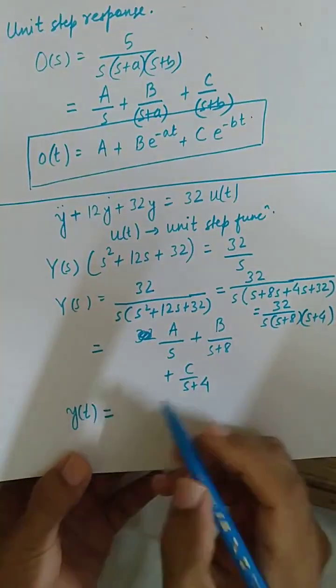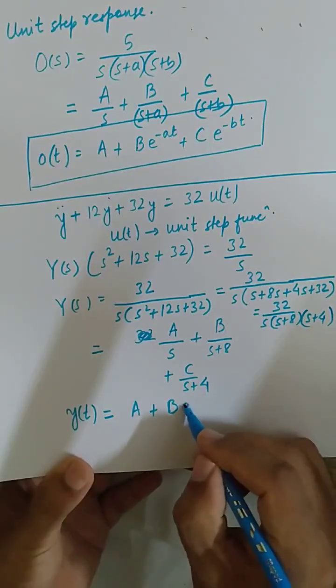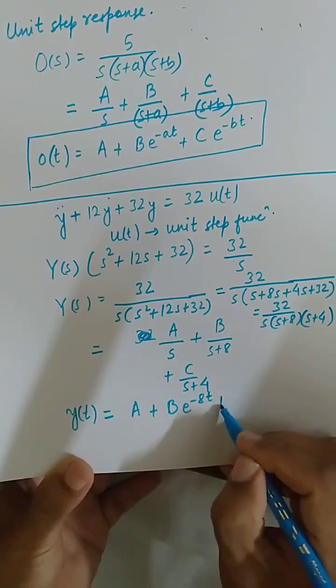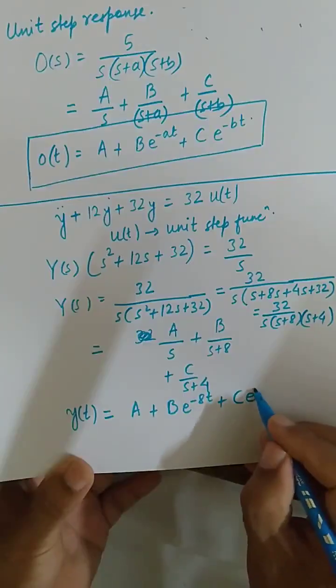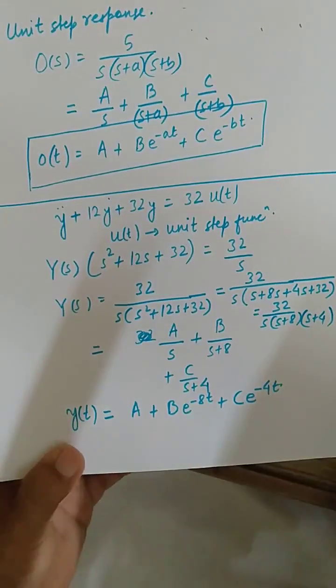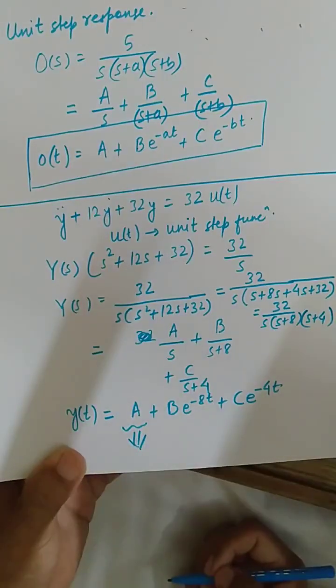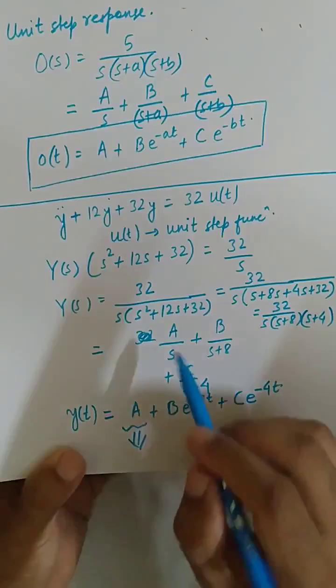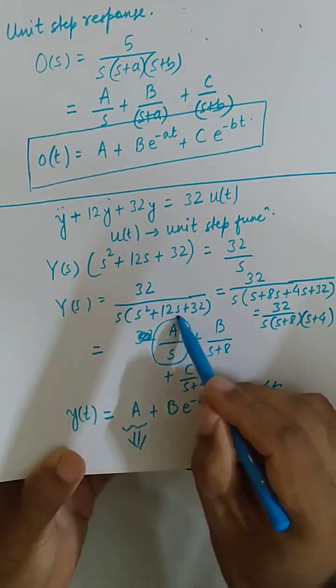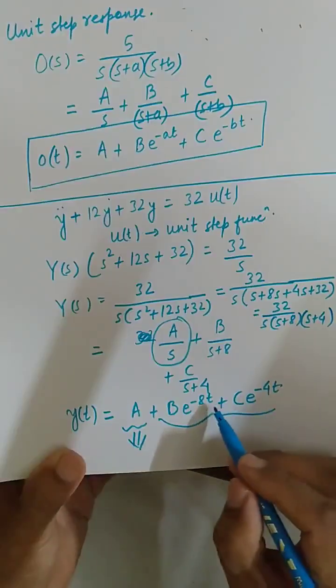So y(t) will simply be A plus B e to the power minus 8t plus C e to the power minus 4t. And by this time you know that this A term is the forced response, isn't it? Because this is from the pole due to the input function, and the others are the natural response which will die out with time,